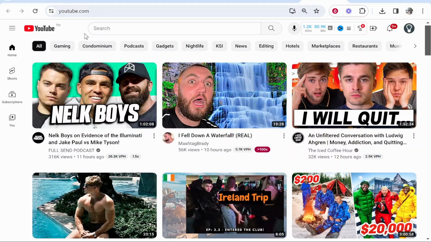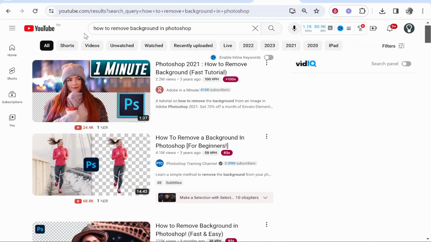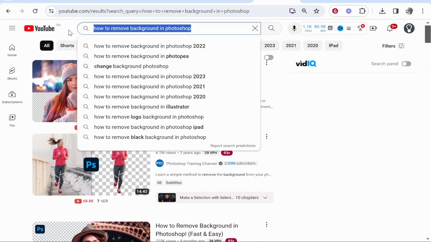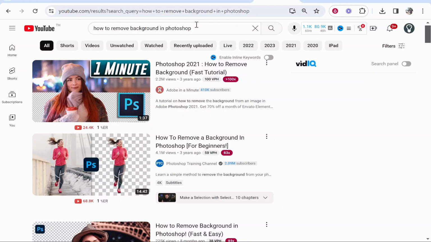When you create videos for the browse section, a viewer is just browsing for something to watch and you need to catch their attention. When you create videos for the YouTube search engine, the viewer knows exactly what they want, in this case how to remove background in Photoshop. You just have to create a good video which helps them with their exact search query. So bear that in mind when we're looking for keywords and when we're trying to think of ideas